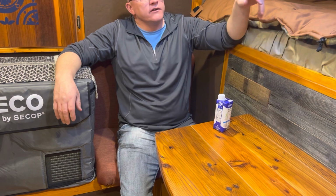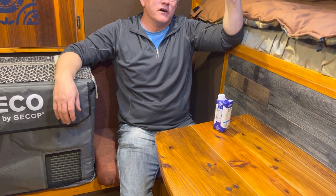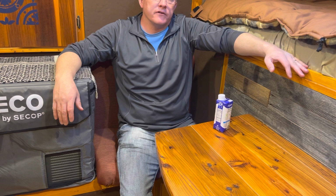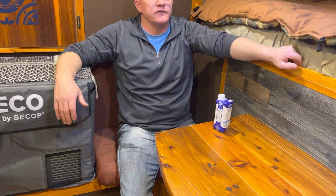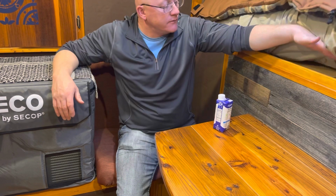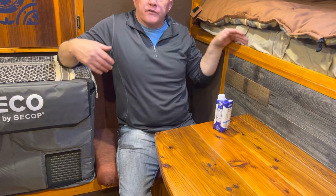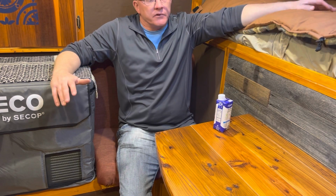Condensation was a concern. Because of how I installed and used the insulation, it's a little hard for me to measure it, but I have a few anecdotes. Number one is I was checking underneath the bed. And again, I did insulate the cab over floor portion, but there was no moisture underneath the bed, which I was ecstatic about. If some of you have been longtime viewers and watched some of my early videos, I did install some slats in there that I was hoping would help with a little bit of air circulation. Maybe they worked, maybe it was insulation, maybe it was a combination of all the above, but zero condensation under